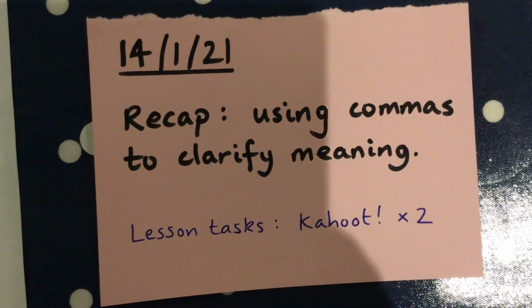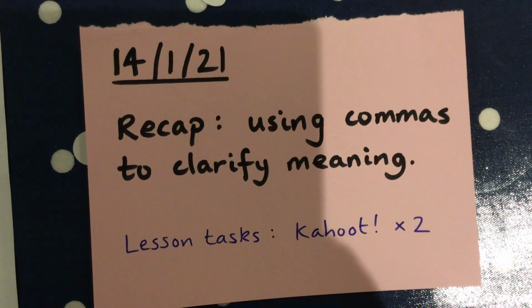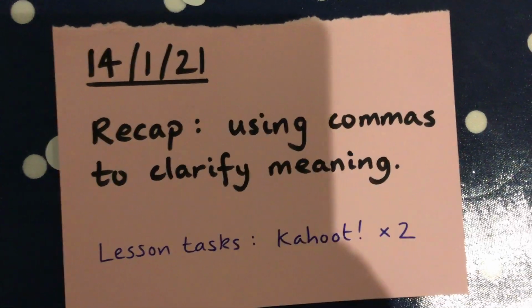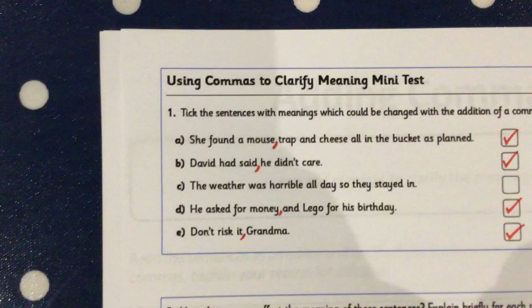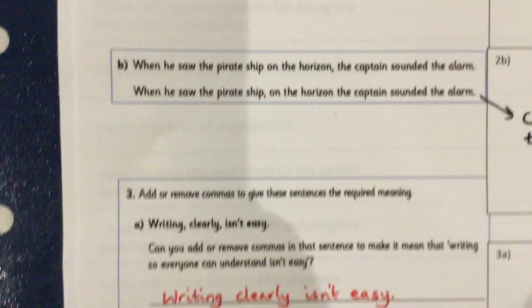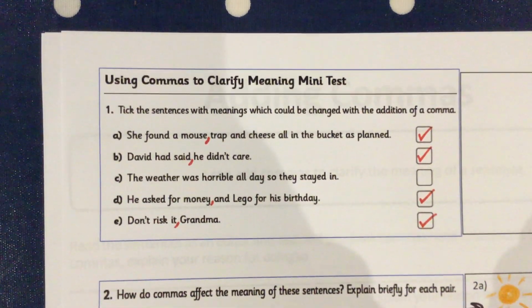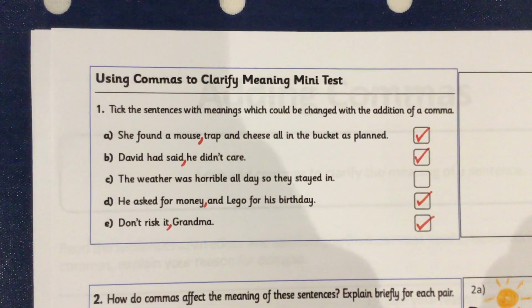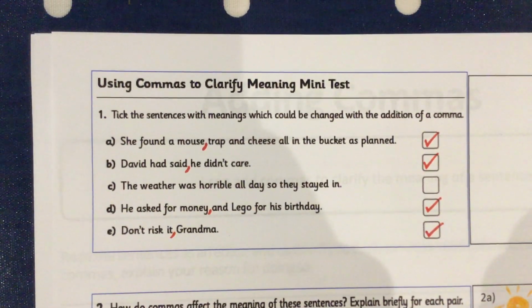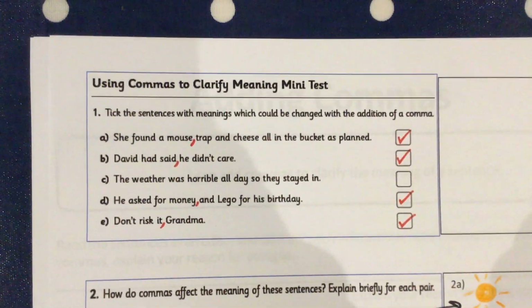So the first thing we'll look at is the mini test that followed on the assignment. Looks a bit like this. Okay, so question 1 was tick the sentences with meanings which could be changed with the addition of a comma. There were in fact 4 of the 5 sentences that could be changed with the addition of a